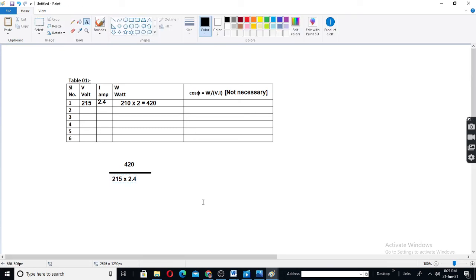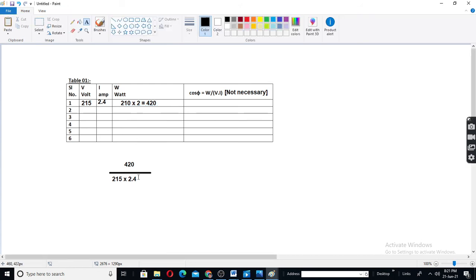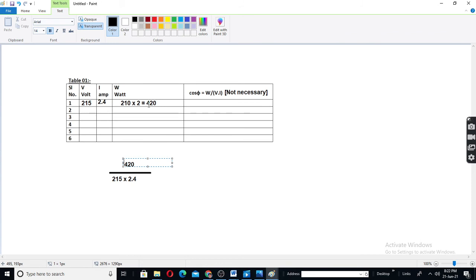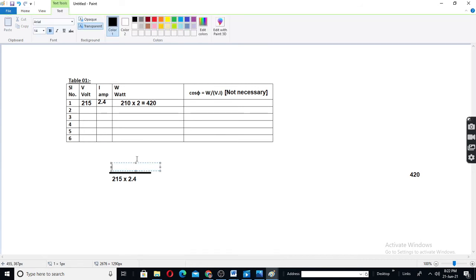Okay, let us take this as, assume that this is 230. So this will be 460. Okay, I will make this 460 because cos phi cannot be more than 1. So 460.